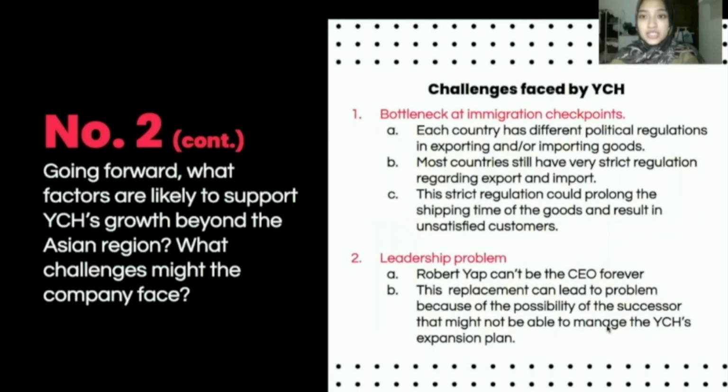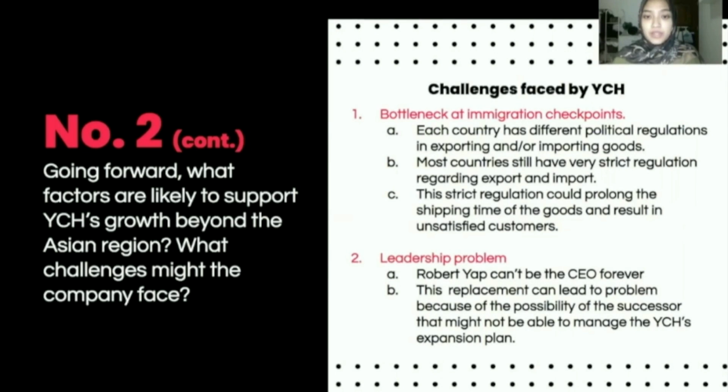So the challenges faced by the company, first, is the bottleneck at the immigration. As a supply chain management company that helps ship products around the world for international trading, YCH would deal with the immigration and or customs in each country a lot. The process of immigration in each country might take a long time in order for goods to be able to